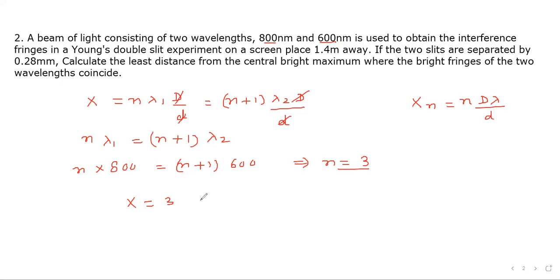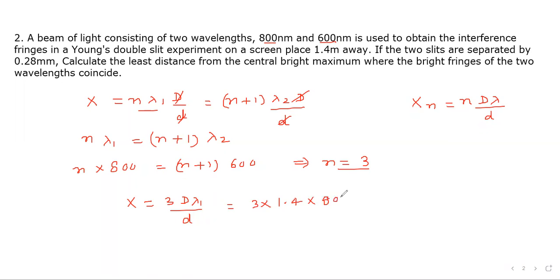So 3 times D lambda 1 upon small d will be equal to 3 times D, the separation of the screen, which is 1.4, into lambda 1. So lambda 1, we are taking 800